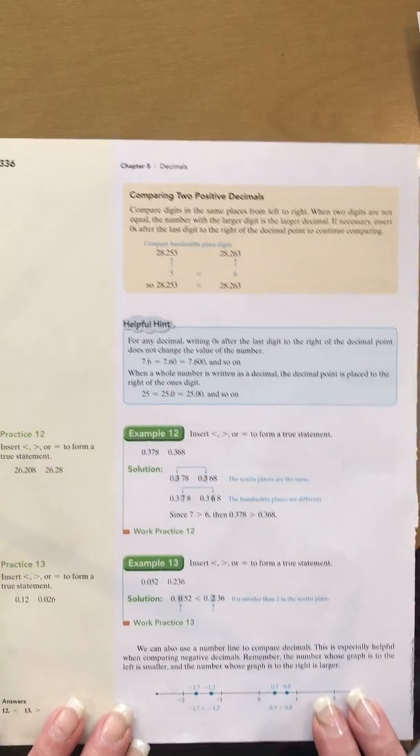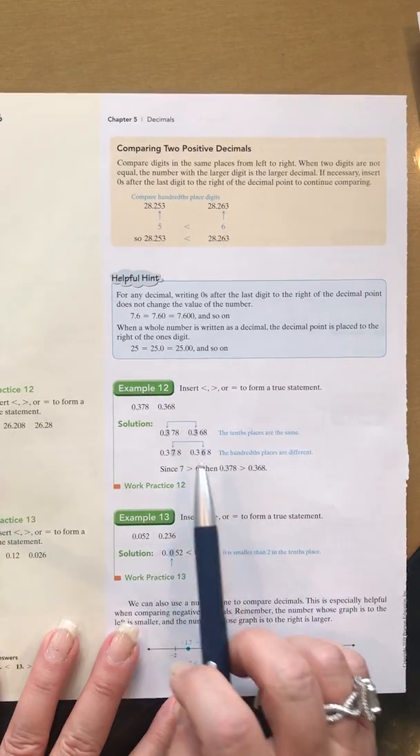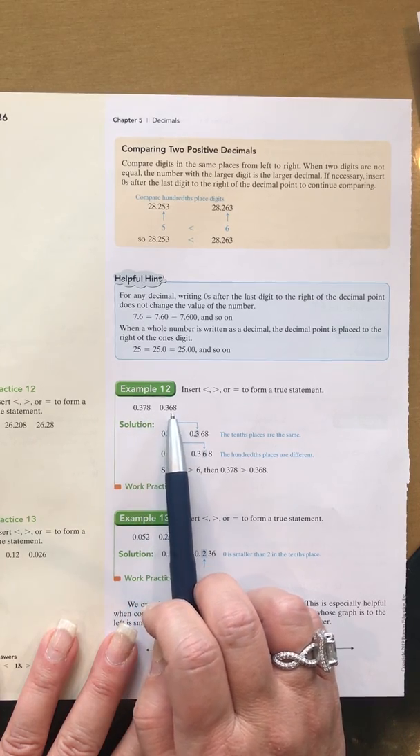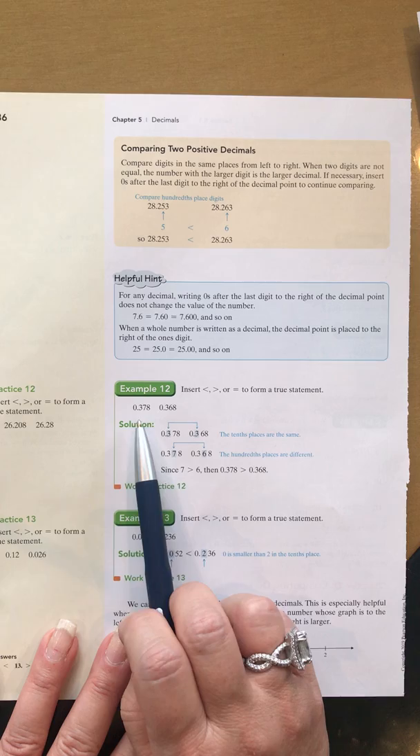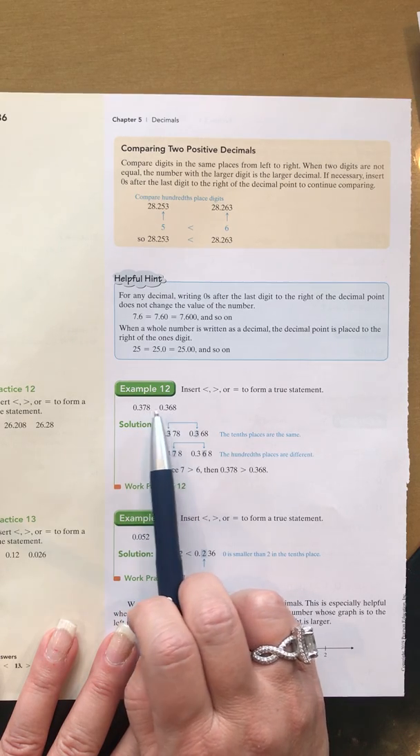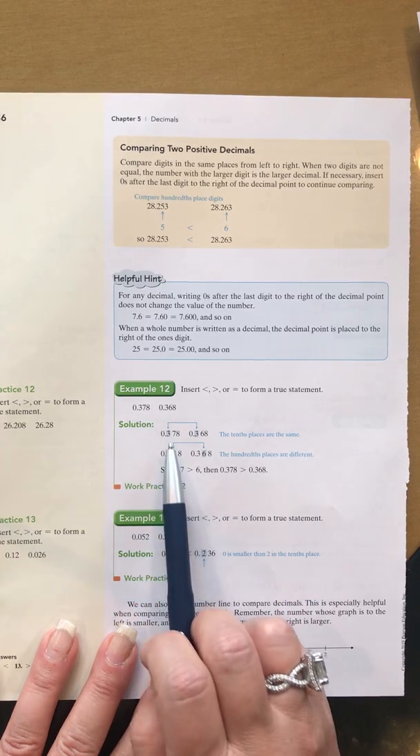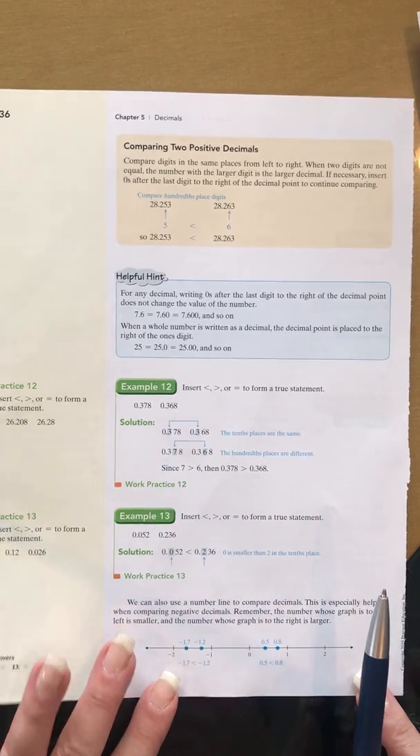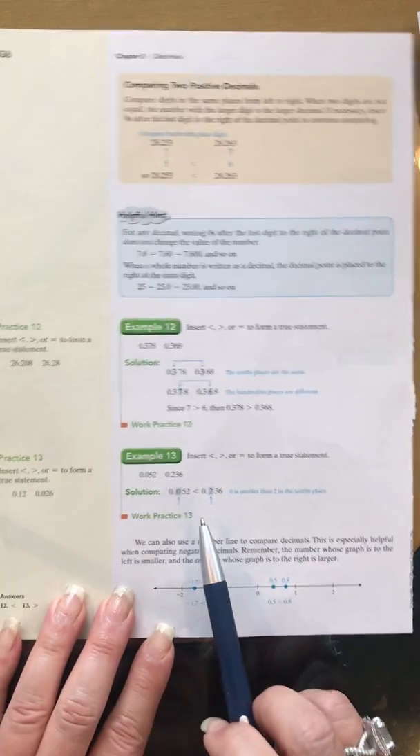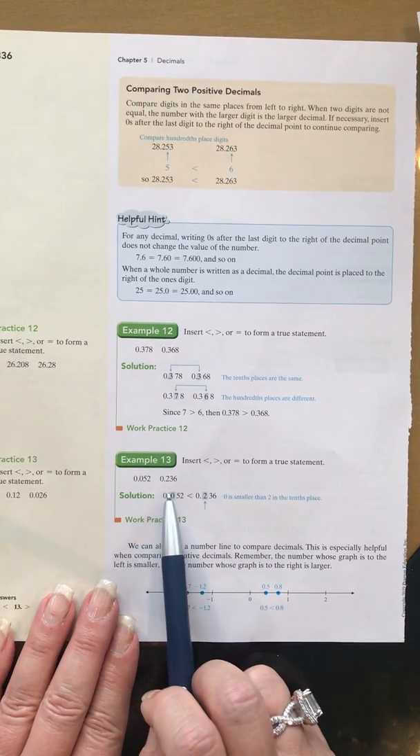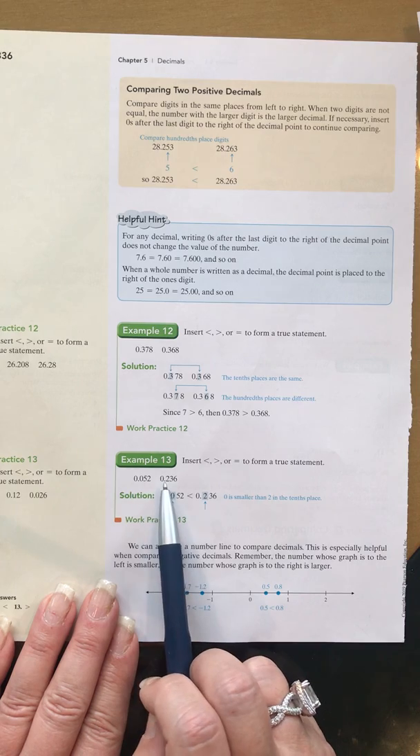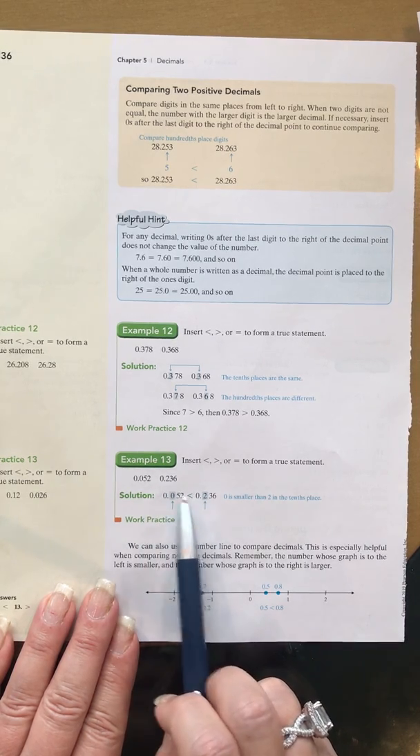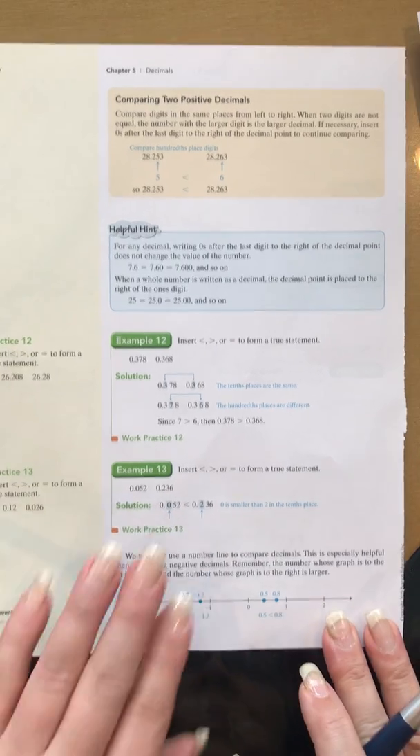So let's look at another example. Example 12. We've got 0.378 and 0.368. So this 7 and this 6, we're going to compare. That's larger, so 0.378 is larger than 0.368. Okay, and for this next example, example 13, we've got the 0.0 and the 0.2. Obviously 0.2 is larger, so this decimal is larger than that. Okay,